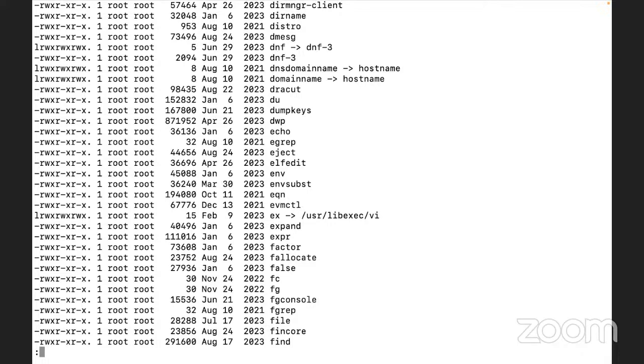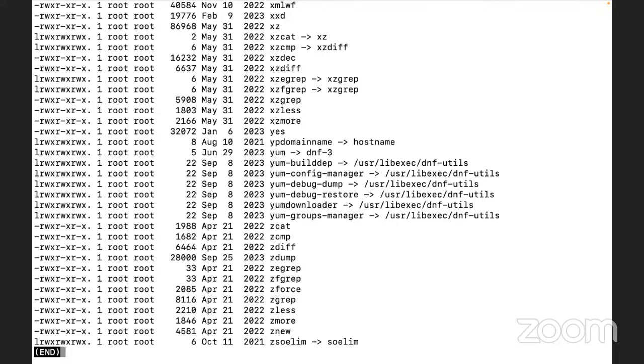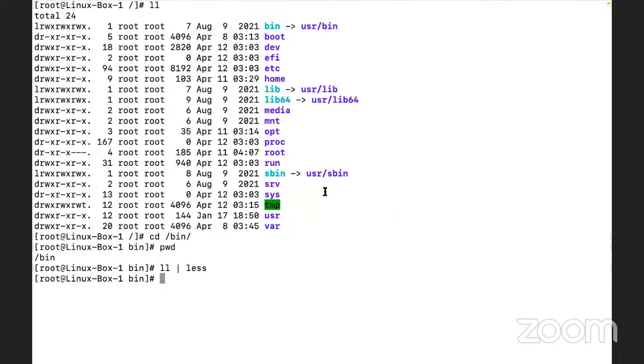Obviously, you may need some time to understand what this particular command is doing, what is the advantage, what is the disadvantage of this command, what is the better command to use, right? But definitely understand this: all the commands which are available within this directory /bin can be utilized by a normal user as well as a super admin, right? So whatever command you want, you can execute that.